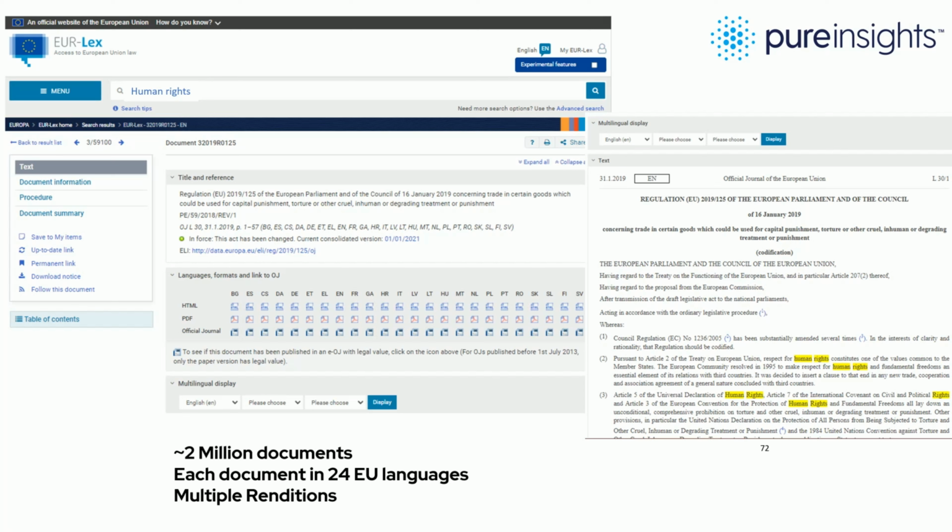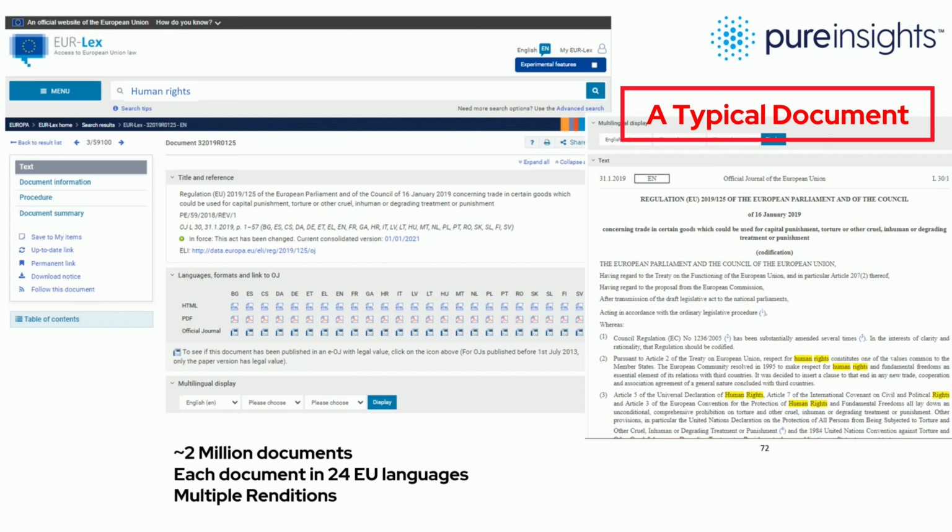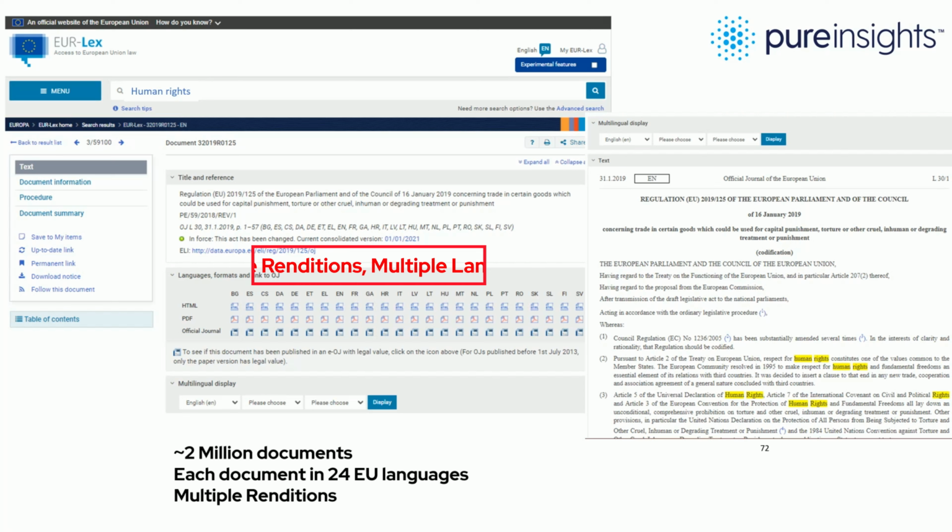But here we have one rendition of a document on the right-hand side, and you can see what that document looks like. But on the left-hand side, you can see there are multiple renditions of the same document. So every document has to be translated into as many of the European languages as possible. It's about 24 European languages in total. And there are multiple renditions of each of those document objects. So whilst this one document exists in a logical form on the right-hand side here, in physical form it may exist in all of this very expanded set of content types that any European Union citizen can download.